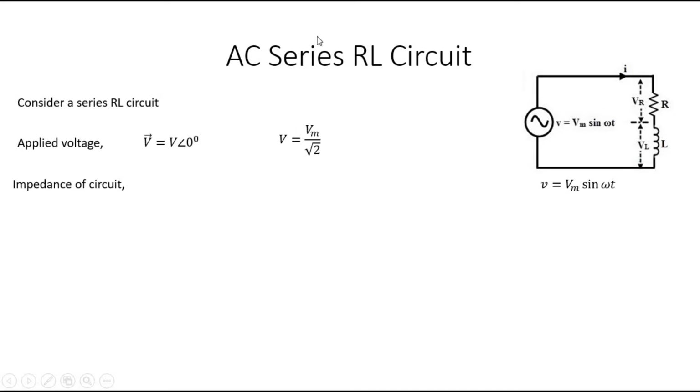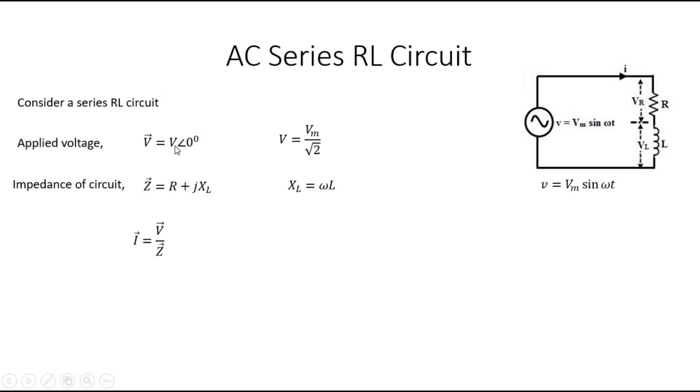Then in this circuit, there is resistance and inductance. So the impedance of the circuit can be written as R plus jXL, where XL is the inductive reactance of the inductor, which is given by XL equal to omega L, omega is 2 pi F, into L. So we get the impedance of the circuit. Once we get the impedance, we have the equation vector Z equal to vector V by vector I. From this equation we can find the current I equal to vector V by vector Z. This is vector division.